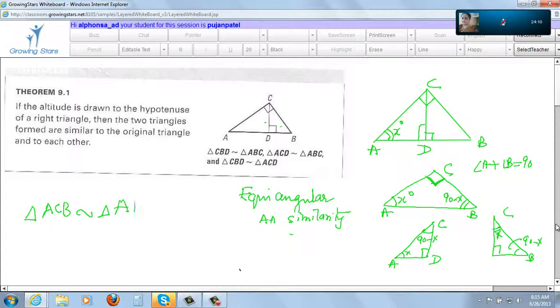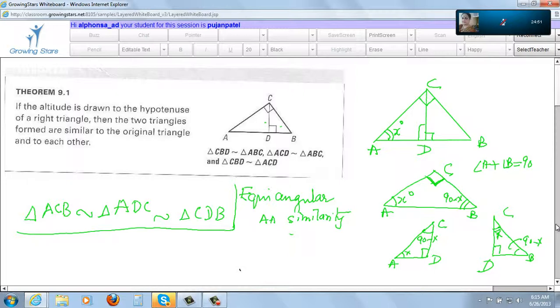Now tell me for the third one. Let's see. So this is D here. CDB. Very good. CDB. Okay, so this is how you write the similarity statement for all the 3 triangles. If you know what the angles are, then you won't go wrong in writing the order incorrectly. And because all these 3 triangles are similar, you get a whole lot of proportionality ratios. You get so many ratios.